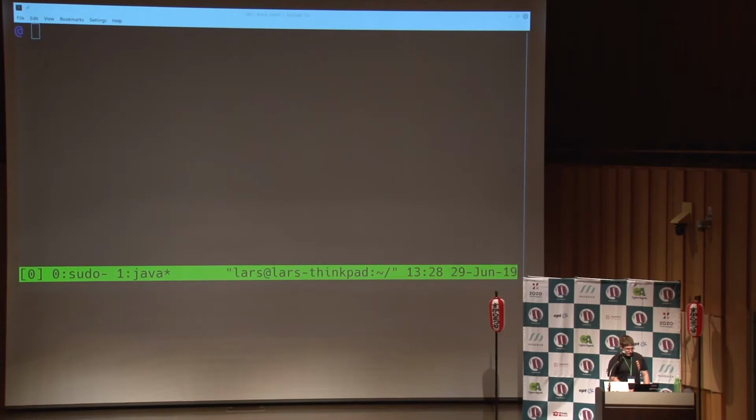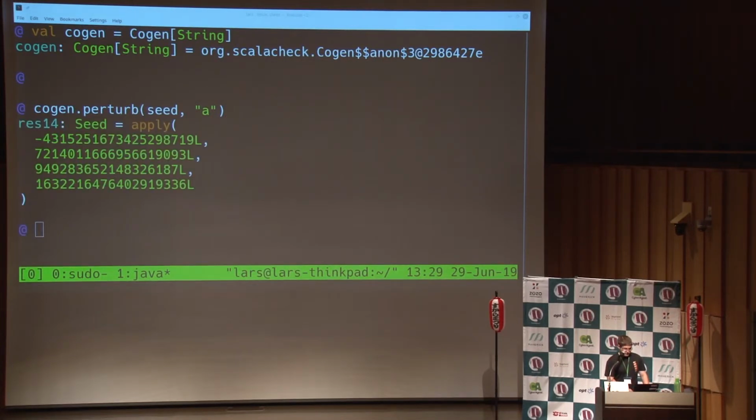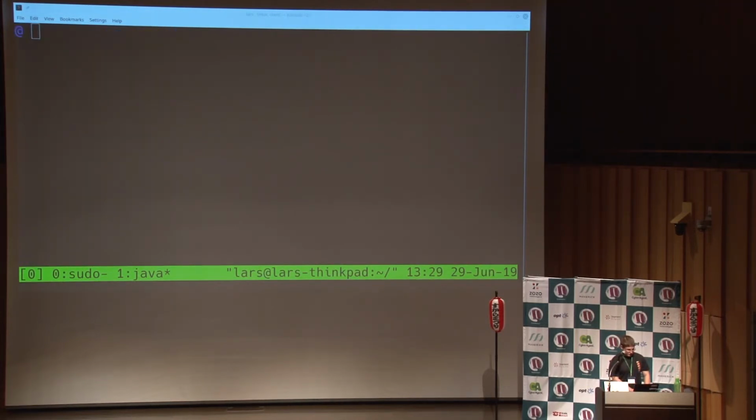Okay, so now let's try to fiddle around with the seed. So we can ask for the cogen. And let's say we ask for the cogen of string, so a thing that is able to process string inputs. And then we can say, well, what happens if we use this perturb function to change the seed if we read an A? Then we get a different seed, and we can also try to read a B, and we get another different seed. And this is precisely the idea. If we take a string in, it will change the seed somehow in some way, and then we can create fresh values. So if we go back to the generator,